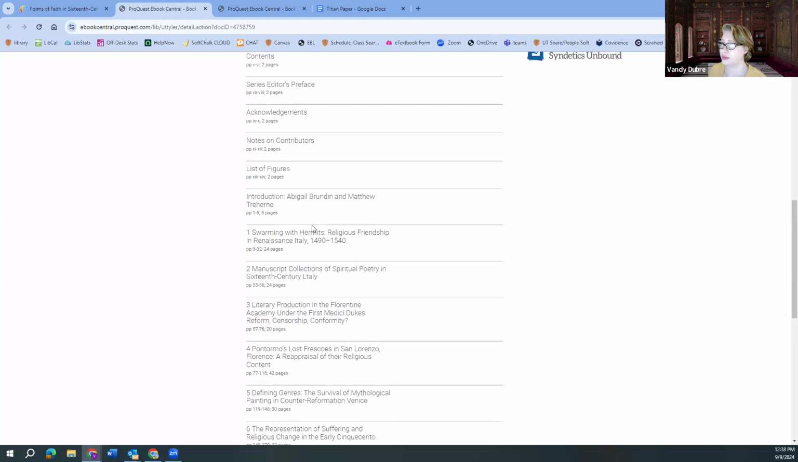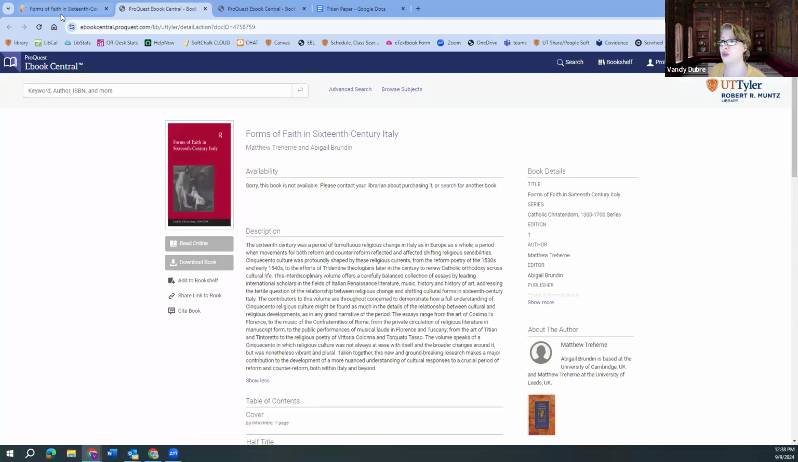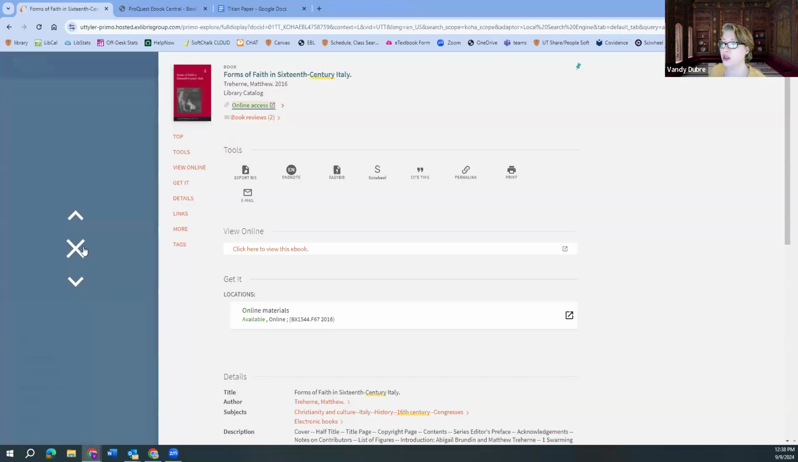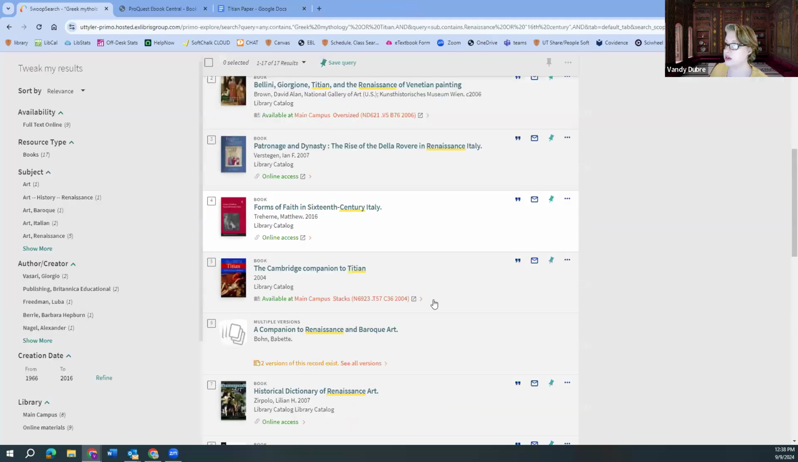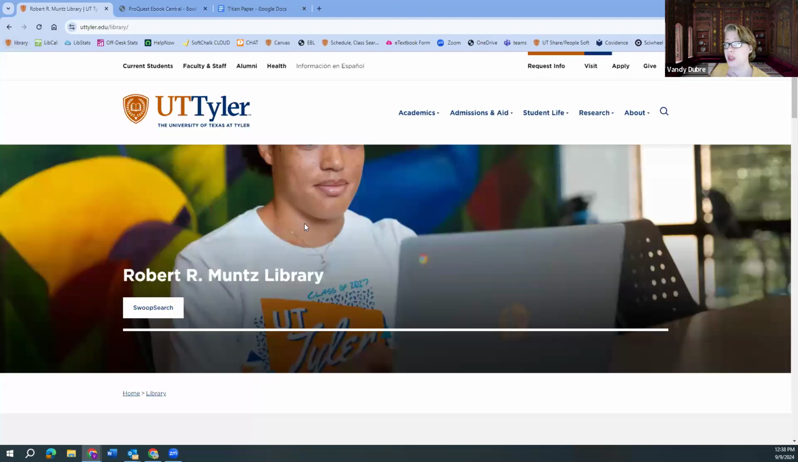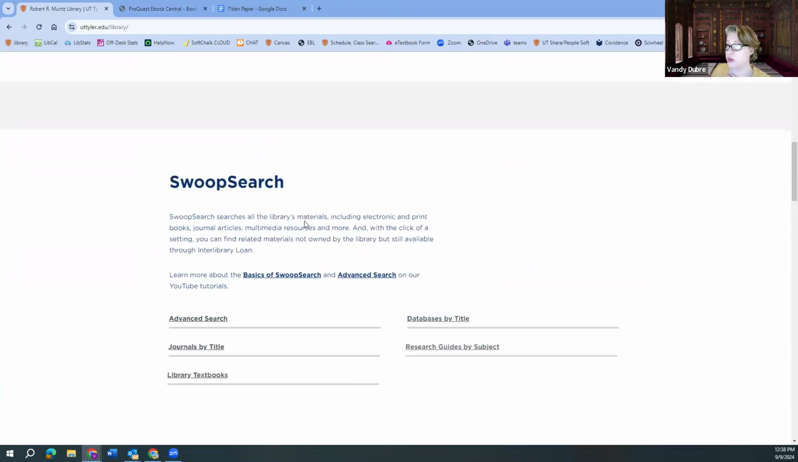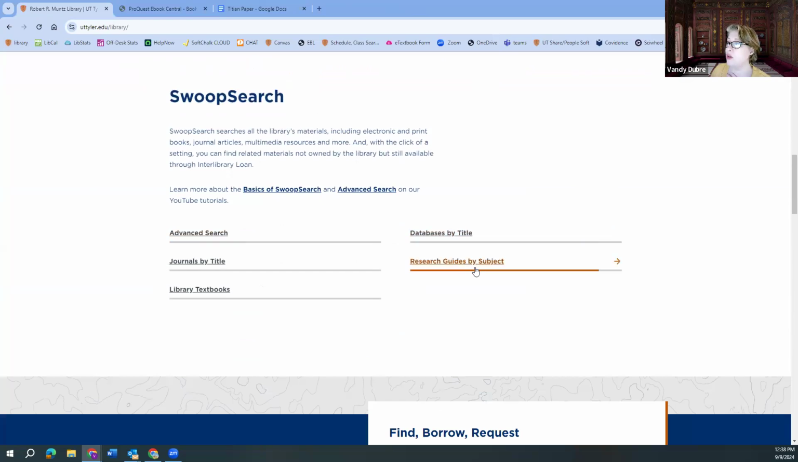So moving onwards. Okay, so that's SwoopSearch in a nutshell. I don't really spend a whole lot of time in SwoopSearch. It's just when I'm looking at what kind of ebooks we have, I'm starting to look at my words and stuff like that. Really, when I'm doing research, I want to be in the research guides by subject. Subject is the key. That's where you want to be